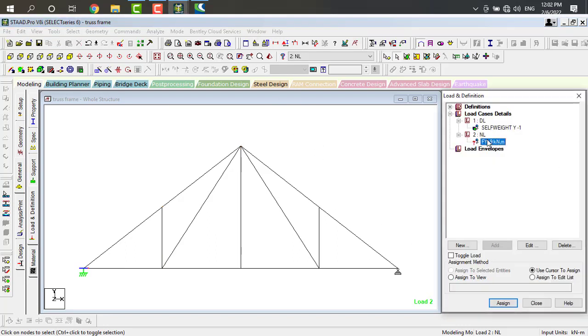Again here we have to select the nodal load and go to node cursor. I want to select this node and this node and this also. Here assign to view, assign to selected nodes.